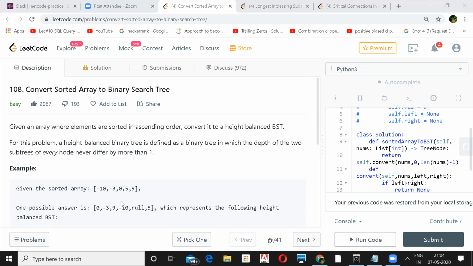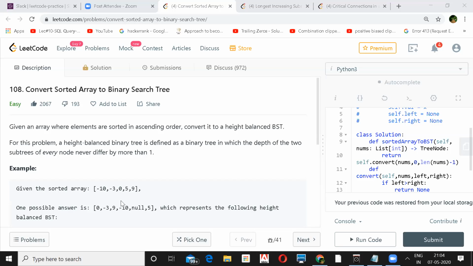So in this binary tree property, the left subtree node key should always be lesser than the root node value, and the right subtree node should always be greater than the root node key value. Given a sorted array, I think we can easily find the mid of the array, and we can easily construct a left subtree, keep on going using recursion on both sides. That would be the ideal solution in this scenario.